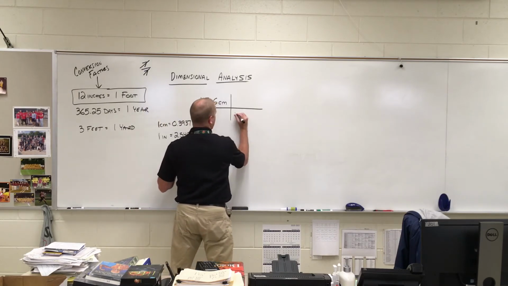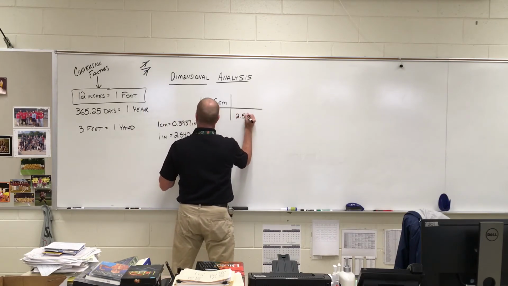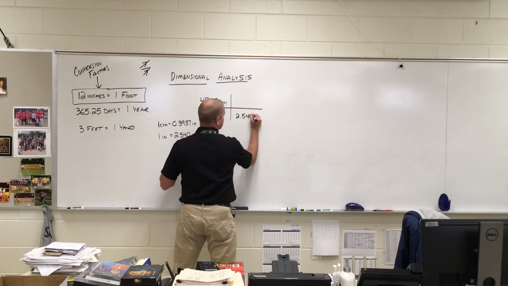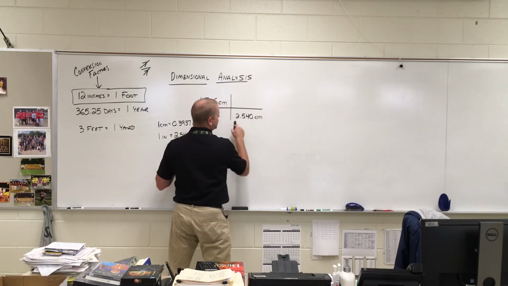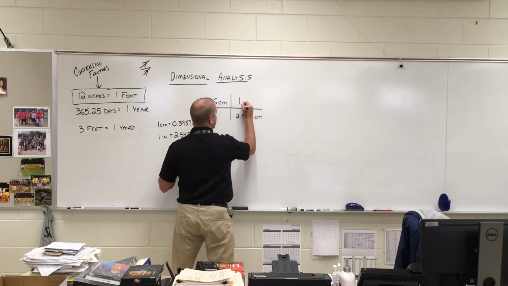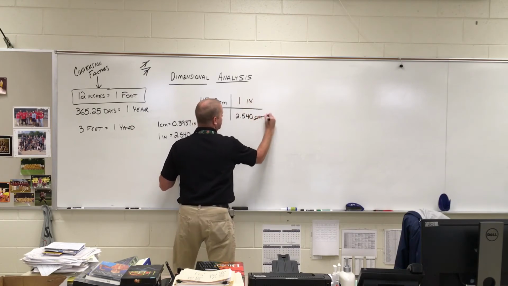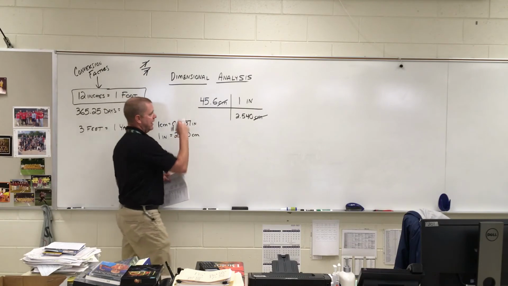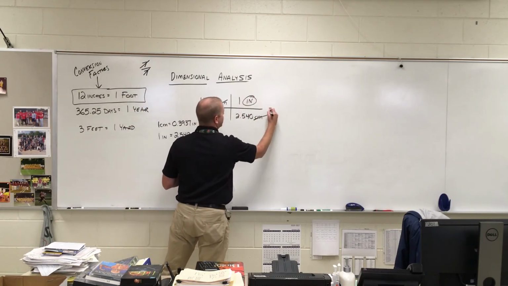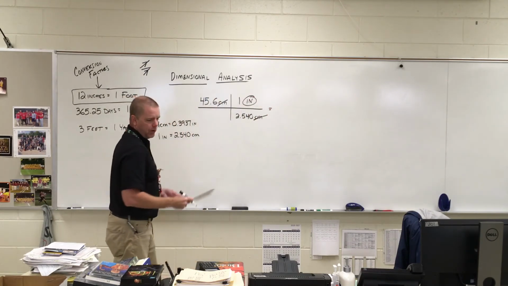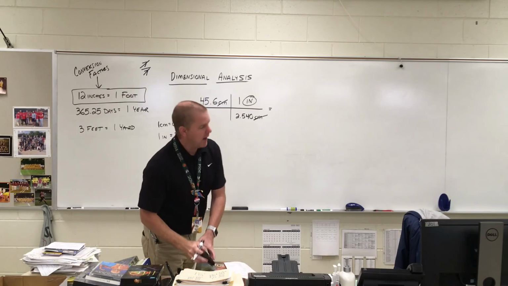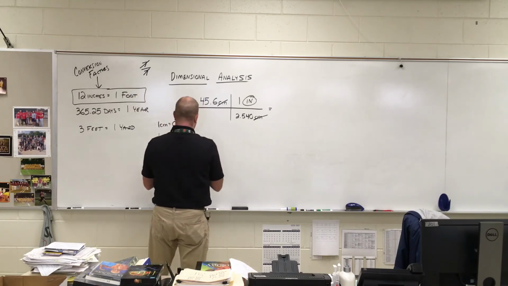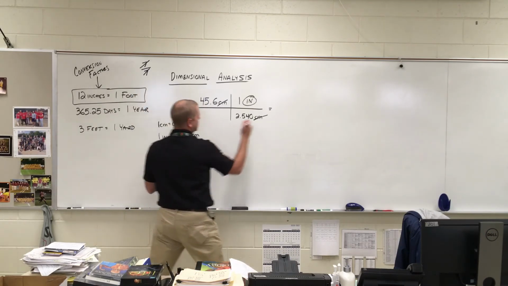So 2.540. Why? Because I want to put something on the bottom that isn't a 0, right? So there's 2.540 centimeters in 1 inch, canceling centimeters as dimensional analysis does, leaving us inches on the top, which is what the problem is indeed asking us for. We get our calculator out. And now we're going to take 45.6, multiply it by 1, right? So that ends up being